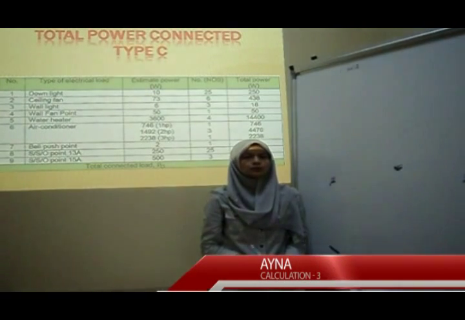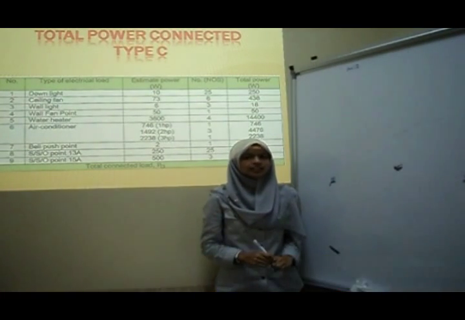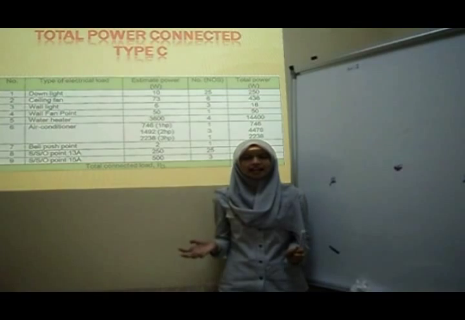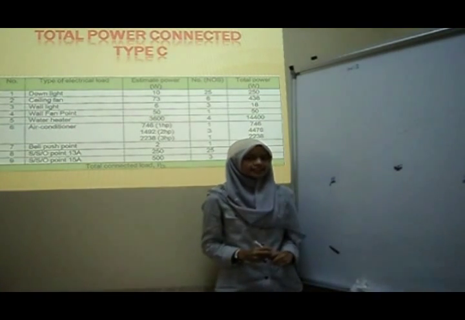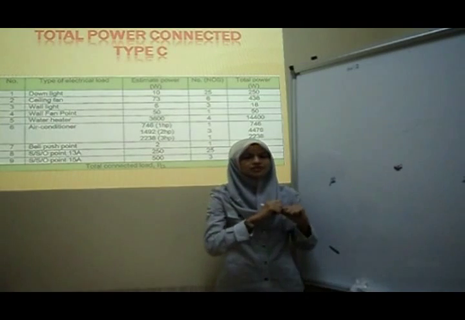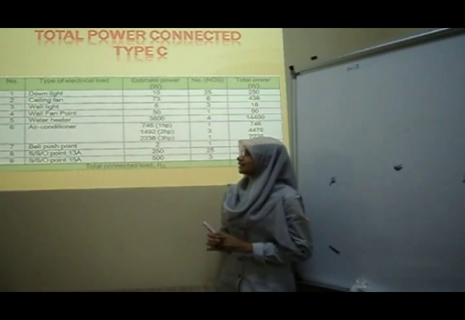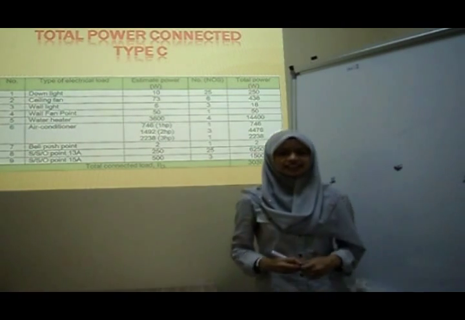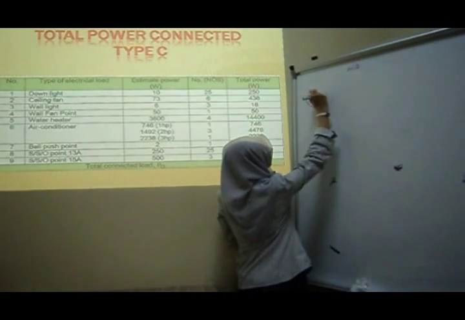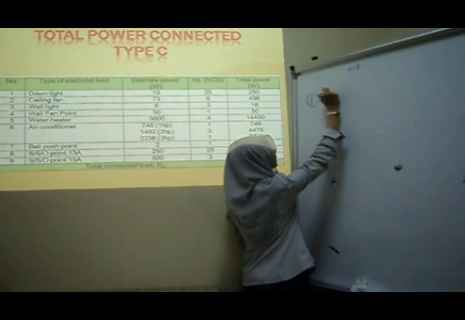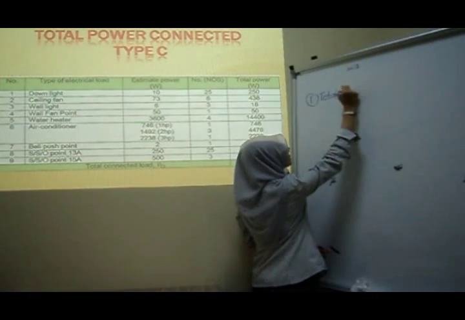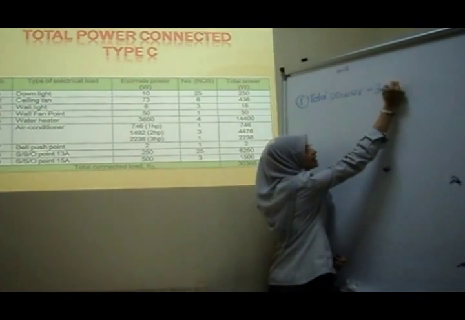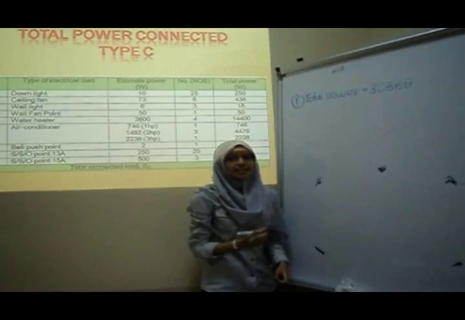I'm Ainani, responsible for the calculation in determining the circuit breaker in our circuit, to be applied using AutoCAD. The total load was presented by Amira, the first presenter. The total is 30,358 watt. So the first step, we have to measure the total power, which equals 30,368. Then for the second step,